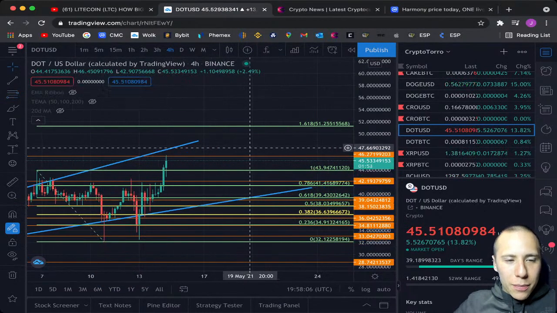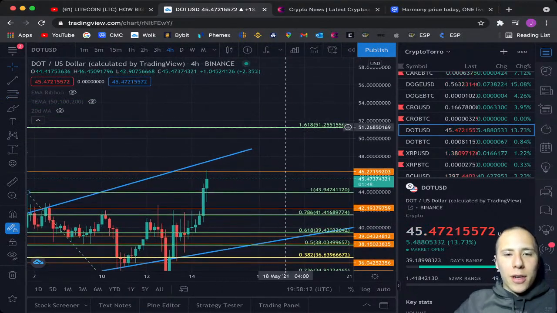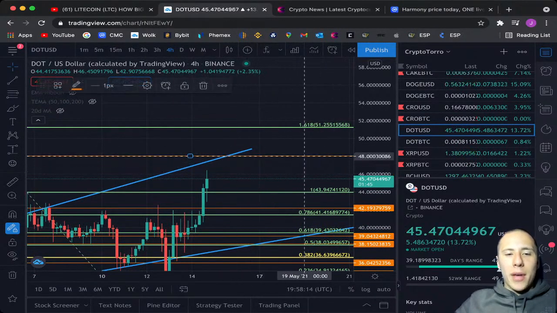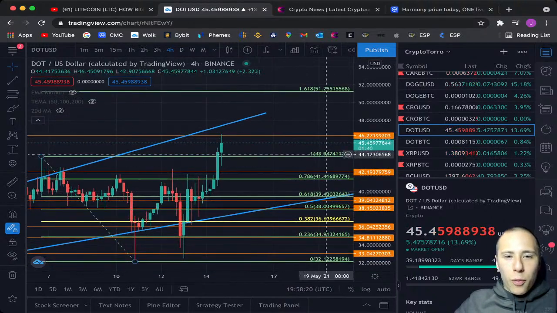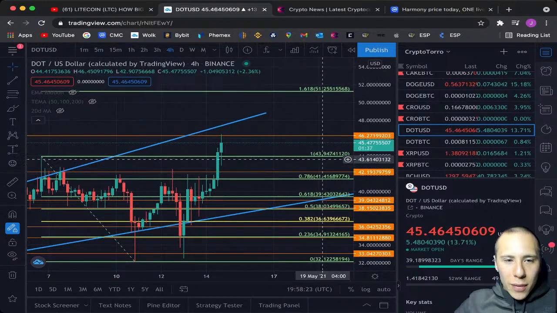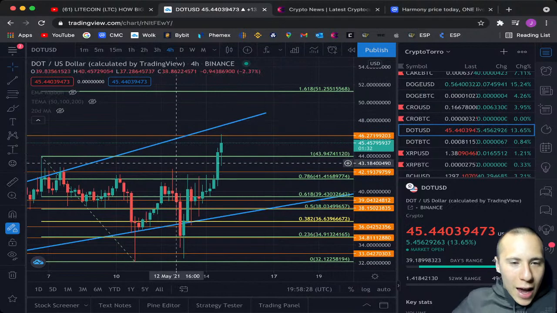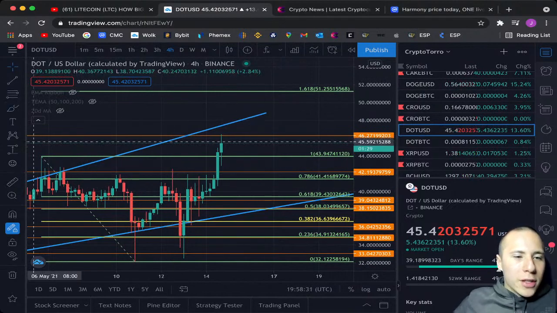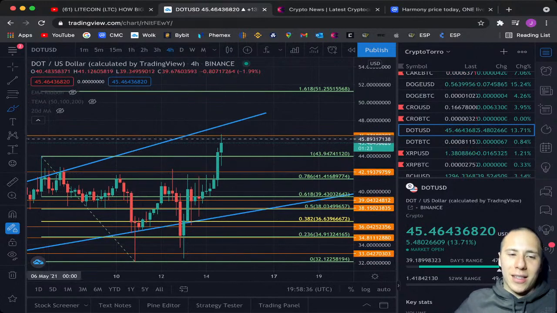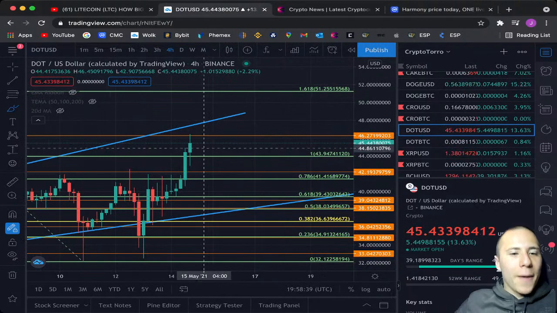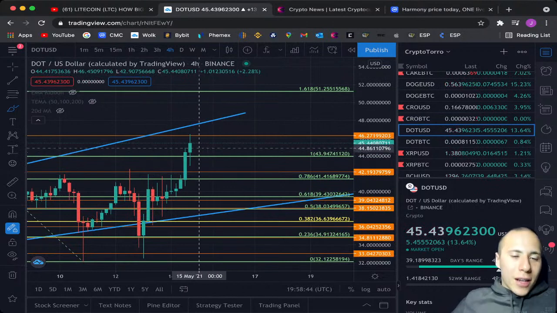And what I'm seeing is Polkadot, yes, if it's going up, it will be going up all the way to the 1.618 level, and maybe it will be going up even further. But for the current moment, it's finding support on the 1 Fibonacci level, and that's approximately at $43.94. And yeah, that was a previous level of resistance of this small wick, so I don't think it's a big level of resistance that will be actually giving enough support to the current wick.